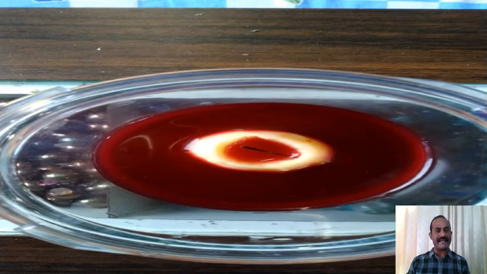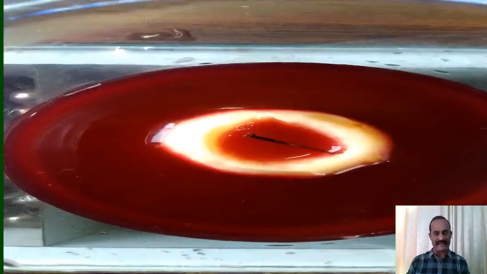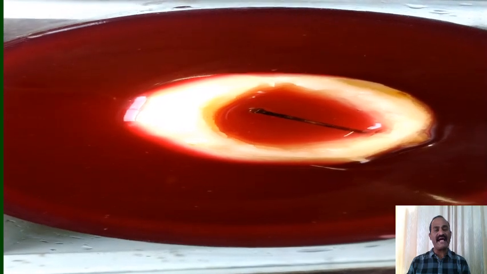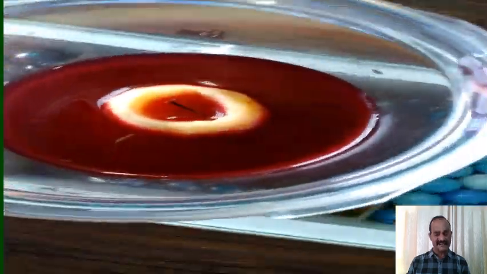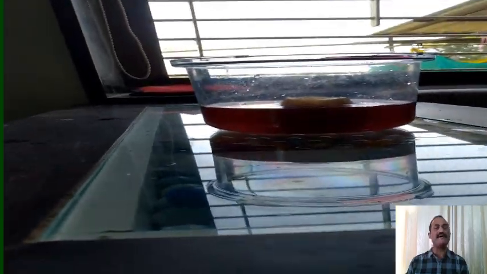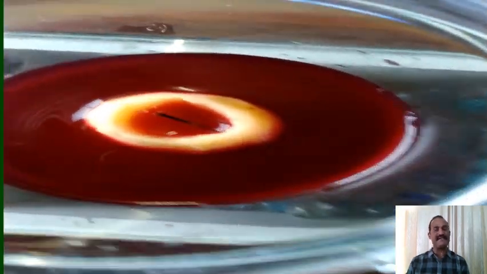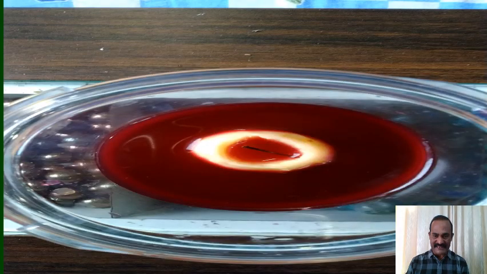After a certain period of time, say half an hour, if you observe the level of sugar solution within the potato osmoscope, which was initially marked by a paper pin, now the level has increased almost around 2 to 3 millimeters, and that rise in the sugar solution level within the potato osmoscope is due to the inward movement of water from outside solution into the well. Now for this purpose, the potato is acting as a selectively permeable membrane, and through this selectively permeable membrane, the water movement occurs inside, increasing the level of sugar solution.